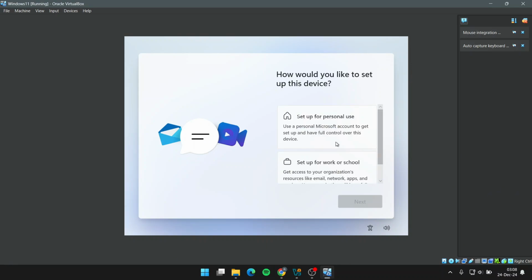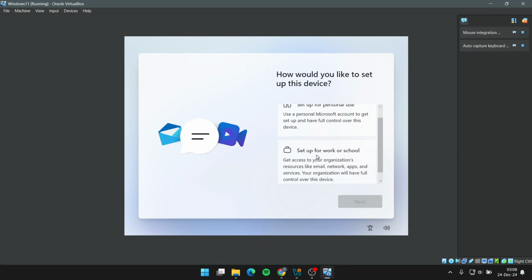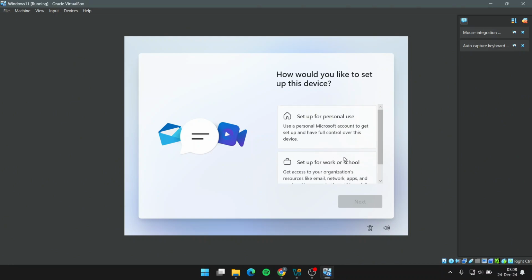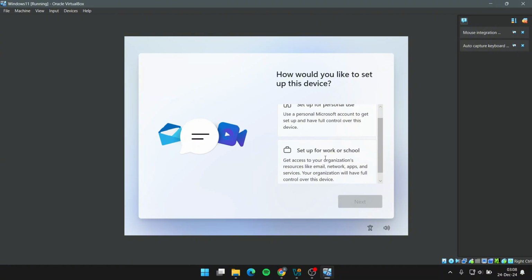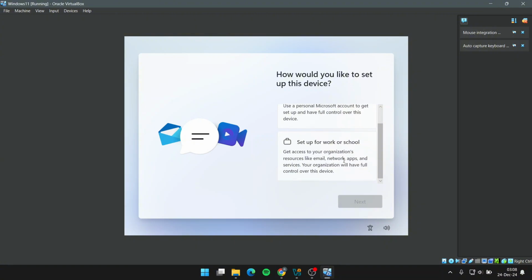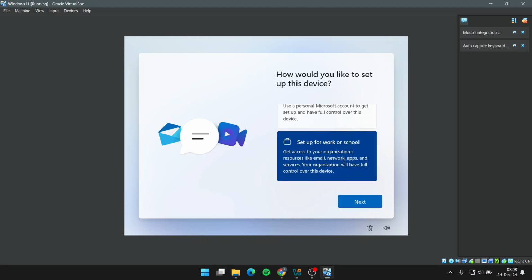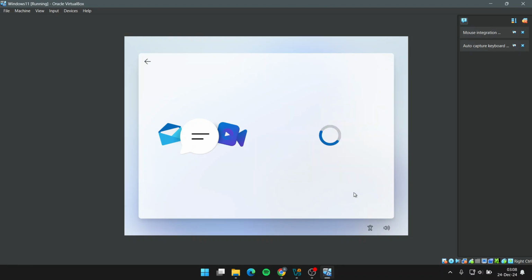And then for this one, you can select the setup for work or school, because for personal use it will require a Microsoft account, whereas with the setup for work or school you can just log into Windows without using any account. Just go next,